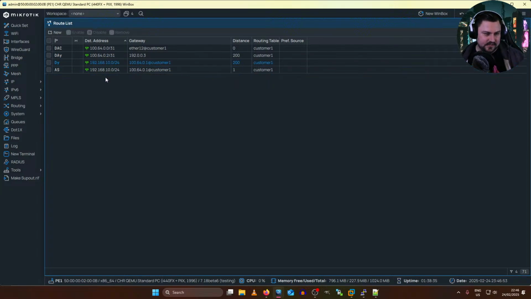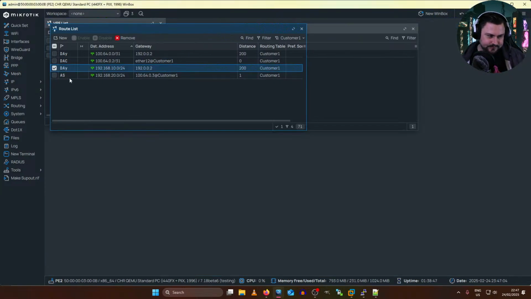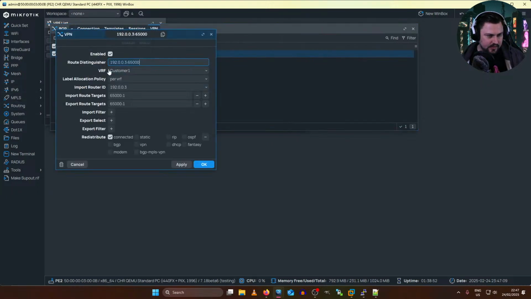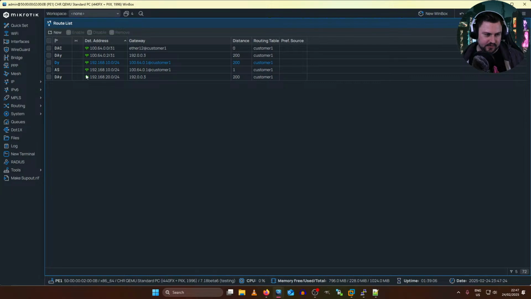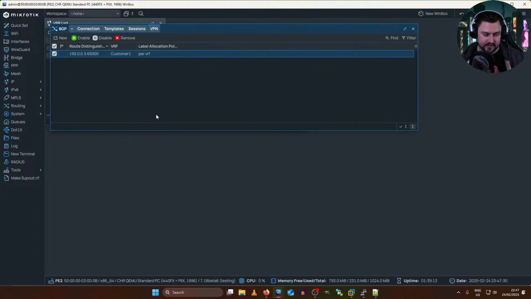But let's see, I'm not seeing 192.168.20.0/24. So can I make that work? Can I actually learn that or see that? Yeah, so on PE2, same change: routing, BGP, go into our VPN configuration for this customer, and then I can just go into my static. So let's just redistribute our static route. Once that's been done, I go back to PE1. I'm learning 192.168.20.0 now, so that's perfect.